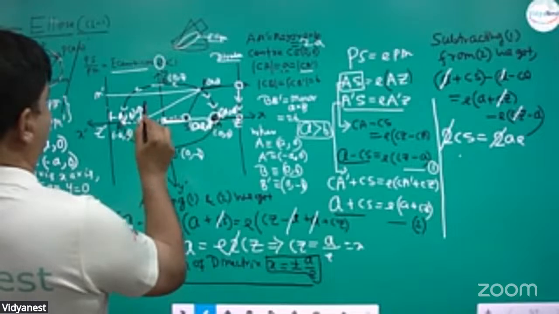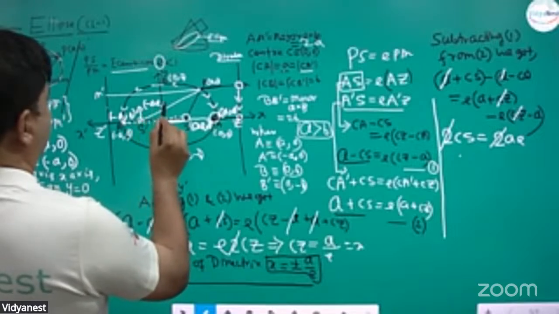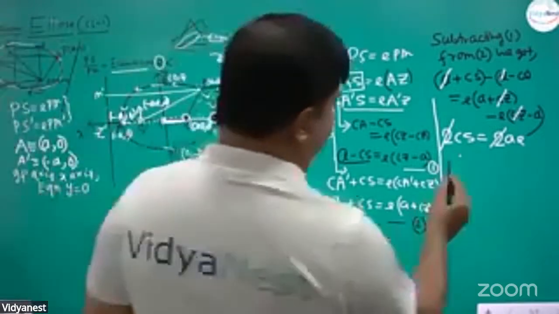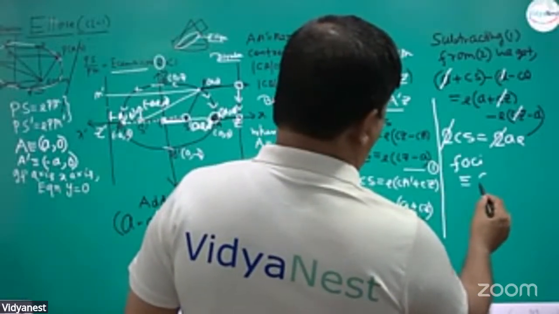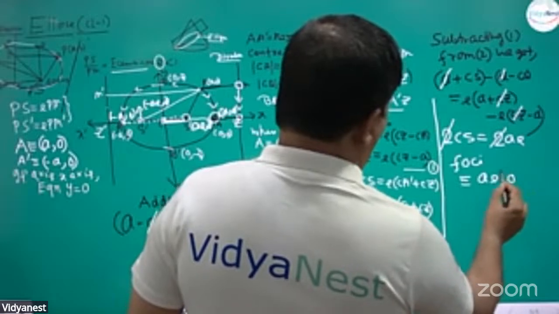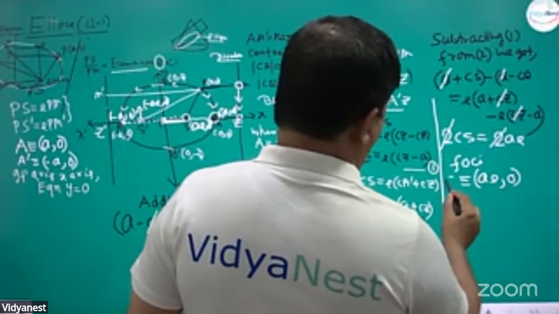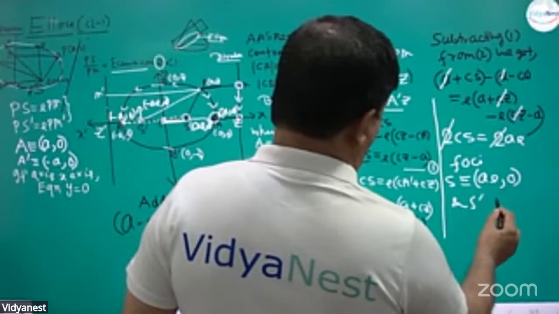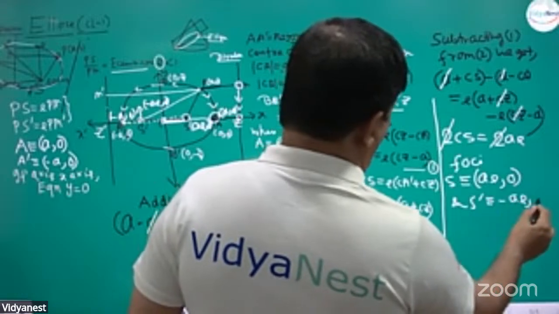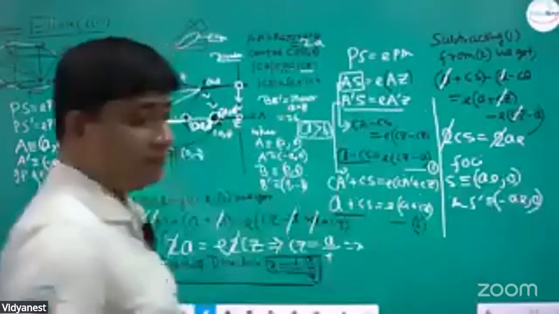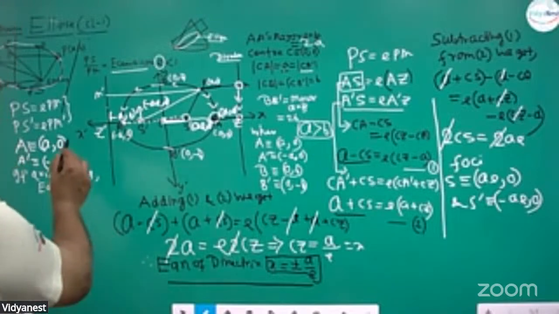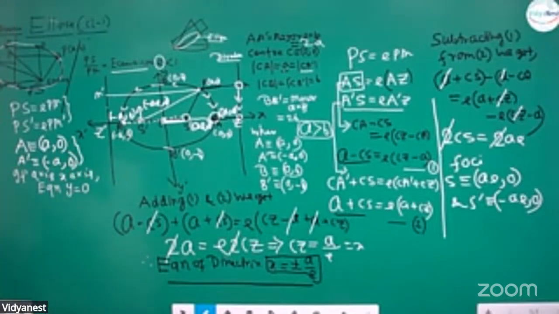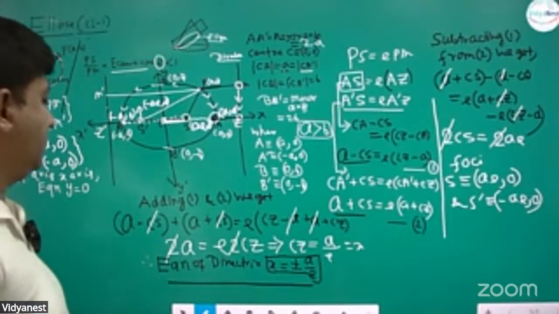So the foci S is ae comma 0 and S dash is minus ae comma 0. Okay, e is eccentricity, and that rectification is done. Okay,